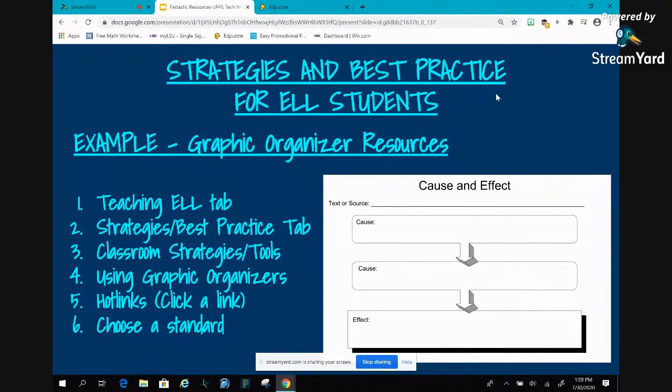So those are super, super important, especially for our ELL friends, because they do so much better with something visual that they can organize their thoughts in. I really love using graphic organizers for any subject, but just to show you guys, I'm going to pull up this